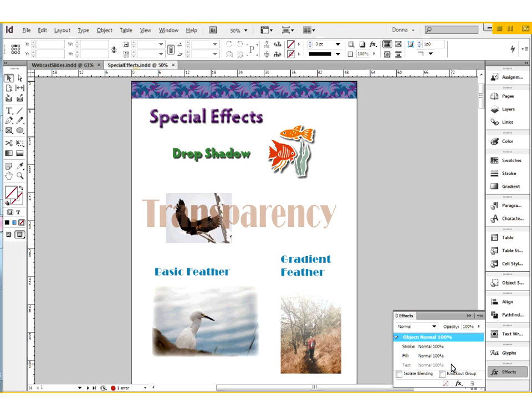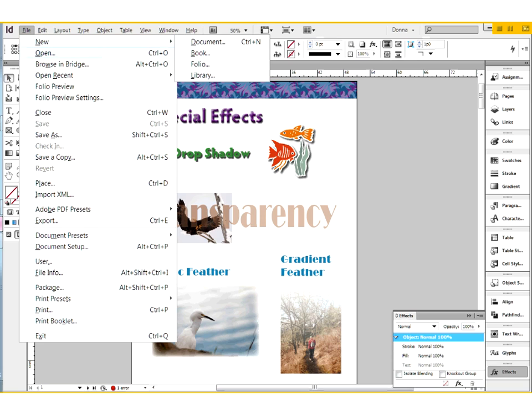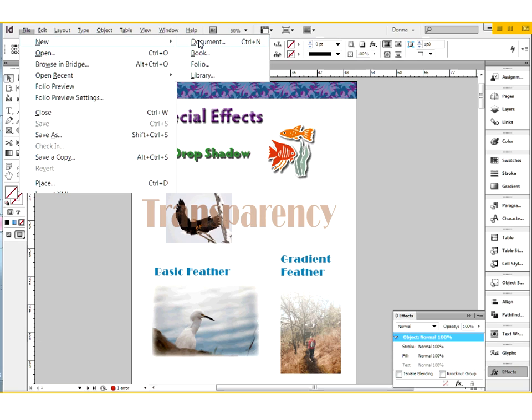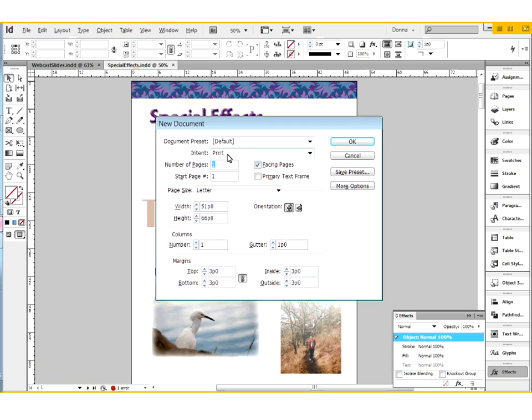When you create a document, you give that document an intent, which determines its default color space. And you all know this. If you just think back, when you created a document, you tell InDesign in the new document dialog whether the intent of this document is to be print, to be web, or digital publishing. And depending on which one of these 3 you choose, you're going to set a default color space for that